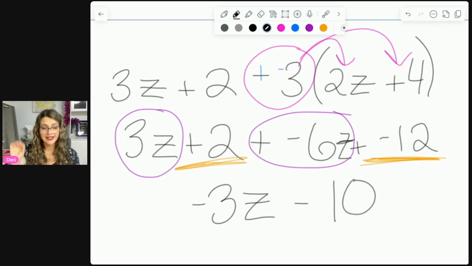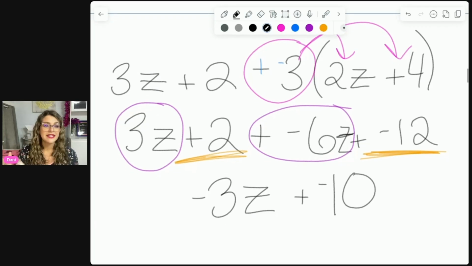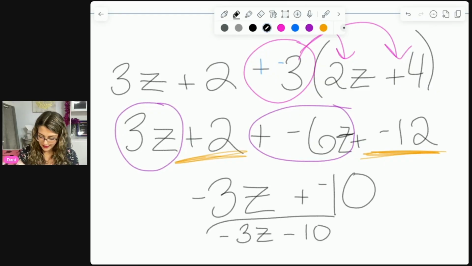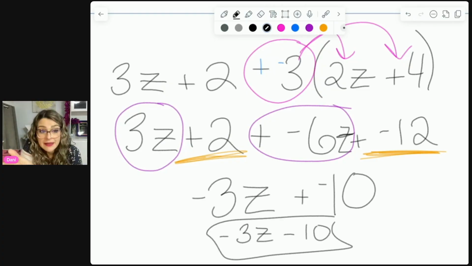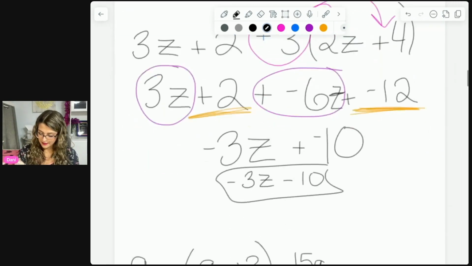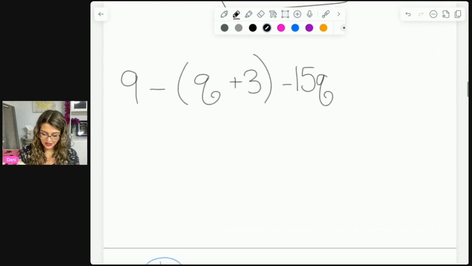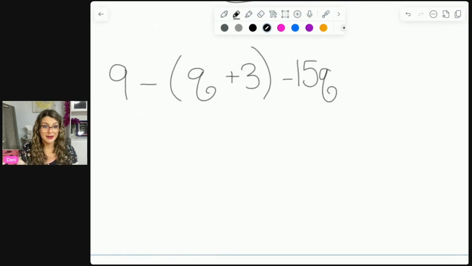You can either write it as -3z minus 10 or -3z plus -10. They're both the same thing. If this was like an exam question and it was multiple choice, you would most likely see it as the -3z minus 10. But just know, they mean the same thing, okay? It's tomato, tomato. It's the same, just pronounced different. Okay. All right, I believe I have one more simplifying expressions, and then we'll go into solving our multi-step equations,